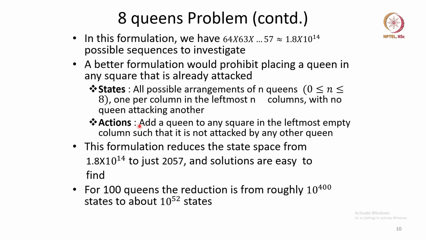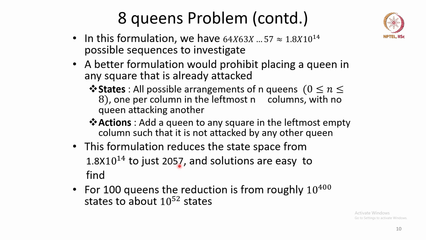And what is the action? Action is to add a queen to any square in the leftmost empty column, such that it is not attacked by any other queen that has already been placed there. So this is the formulation. And this formulation reduces the state space from 1.8 into 10 to the 14 to just 2057 sequences,